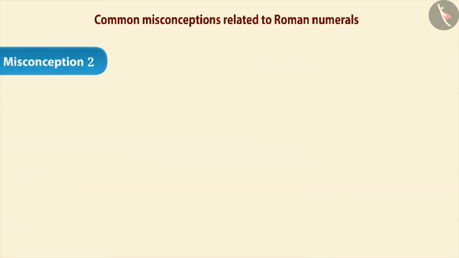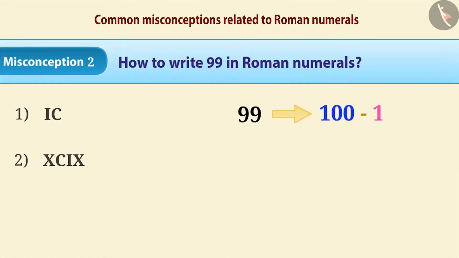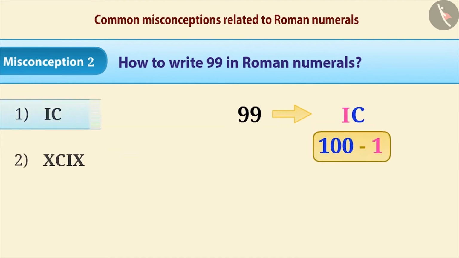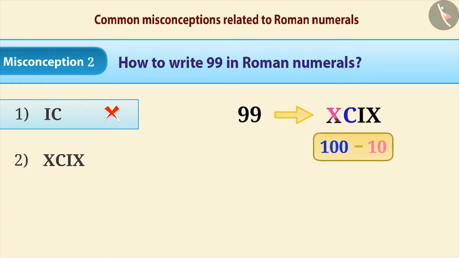Misconception 2. How to write 99 in Roman numerals? Considering 99 equals 100 minus 1, it is sometimes expressed incorrectly as I C in the Roman system. The correct understanding is that the small symbols are written to the left side of the larger symbol to express